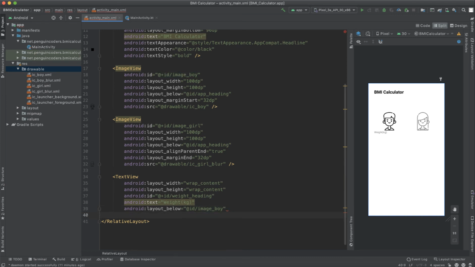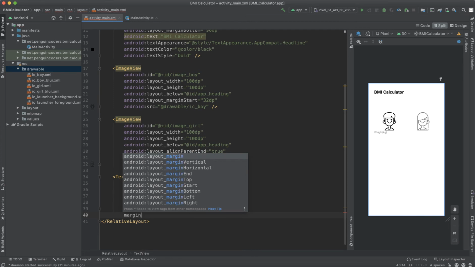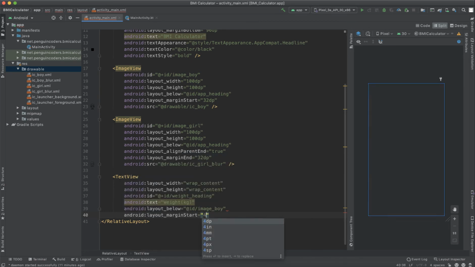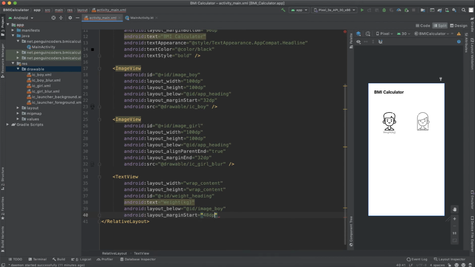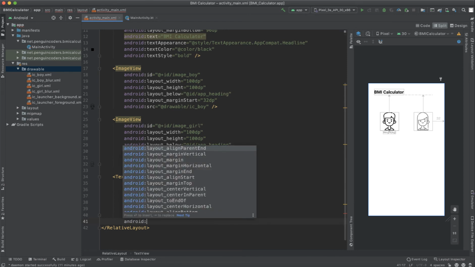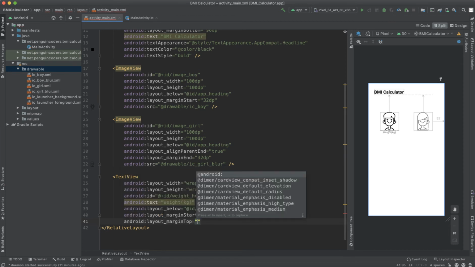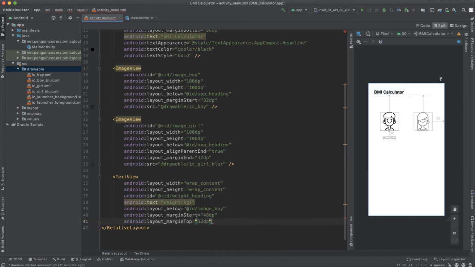And then margin start, we will keep it as 48 dps to center it just below the boy image. And then we will add in a margin also. So Android margin top, we will add in margin top to separate both the image and the heading. So margin top would be 32 dp.